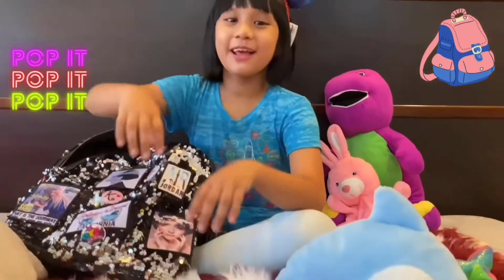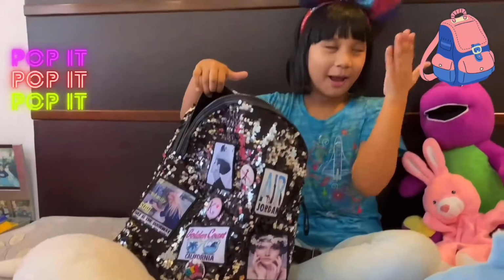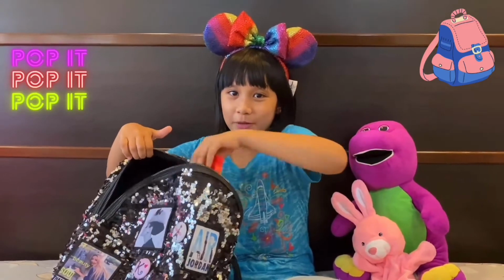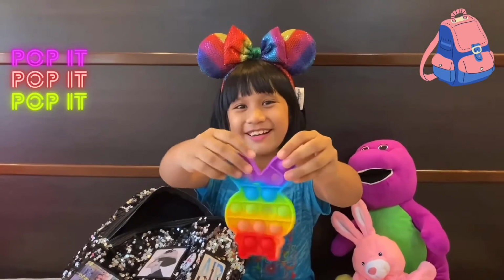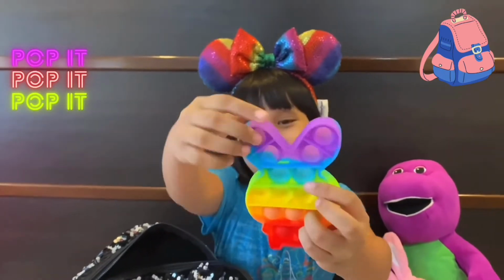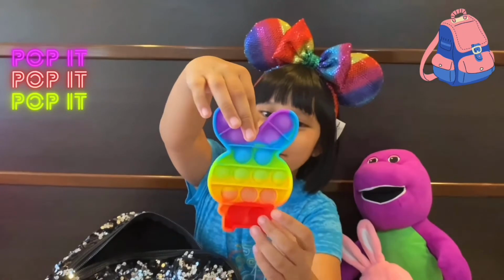Alright, let's move on. What's in my bag? Wow, it's a bunny! I love bunnies, but it's just that this one doesn't have too much color in it, but it's cool because